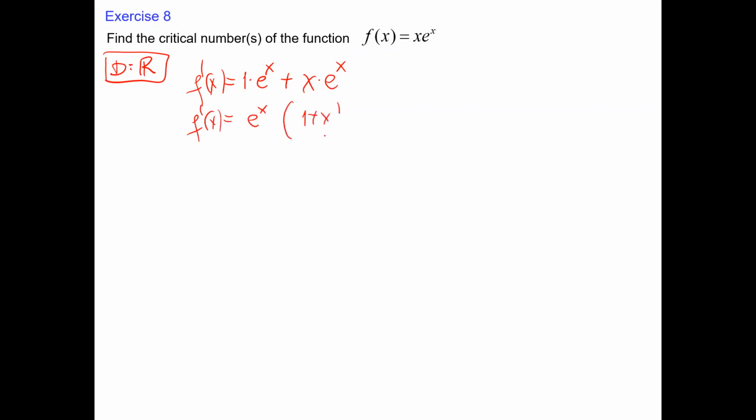Find the critical numbers of the function x times e to the x. Exponential, e to the x takes all of the numbers. The domain is all of the real numbers. We are good here. Let's find the derivative, product rule. Derivative of x is 1 times e to the x, plus x times the derivative of e to the x, which is e to the x. So nice. Let's factor out e to the x: e to the x times 1 plus x. And now